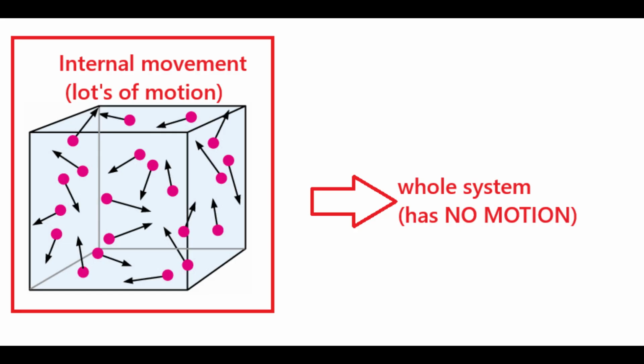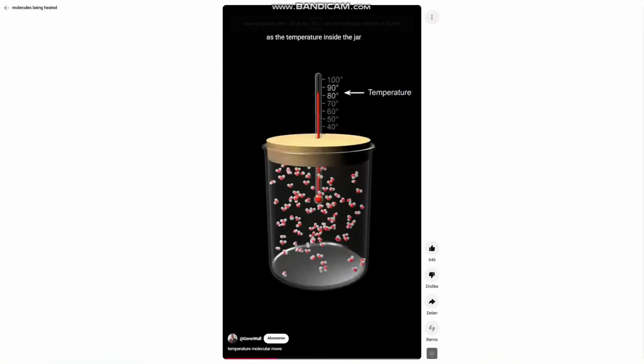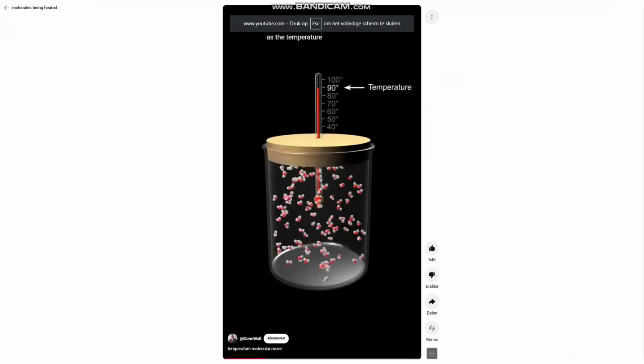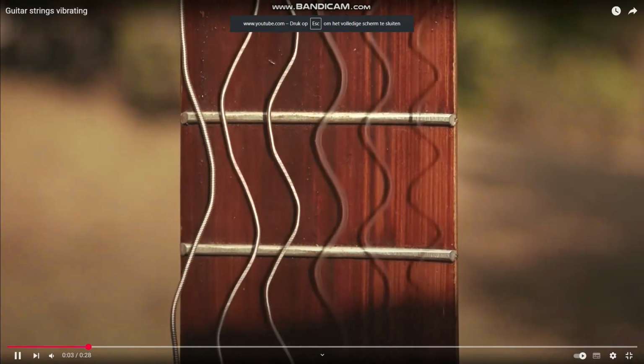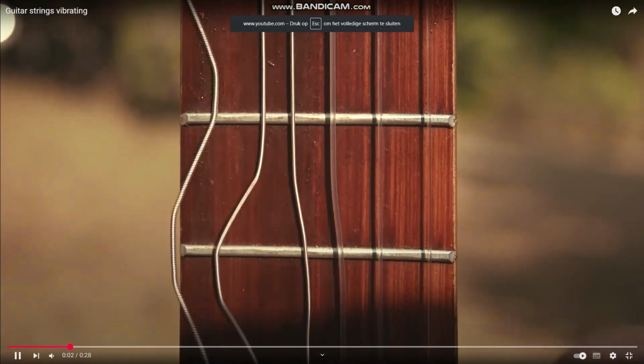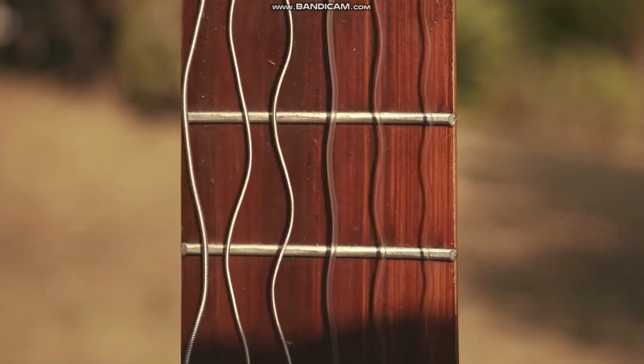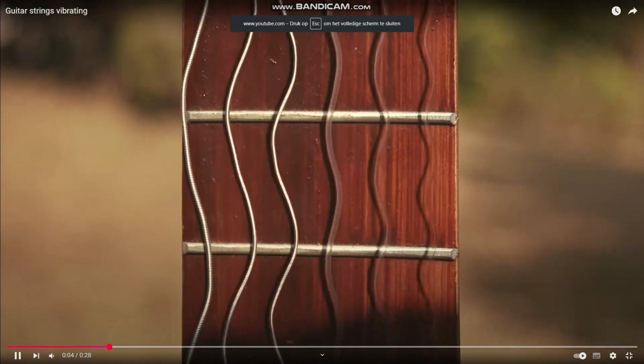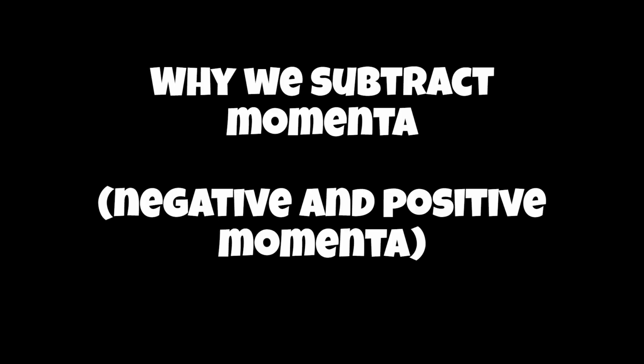For example, in a warm object, some atoms jiggle left, others right, so there is no net movement. In a vibrating string, one part goes left while another goes right, and that averages to zero. In a deformed spring, microscopic bonds stretch and compress, but again, no net direction. So even though energy is present, lots of motion, there is no overall vector direction for that energy, and that's why it's a scalar.